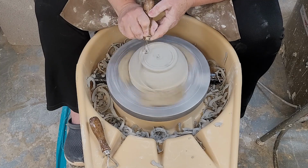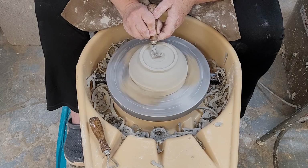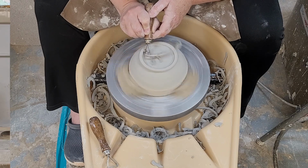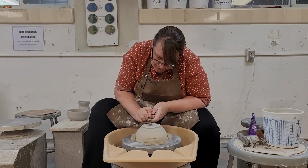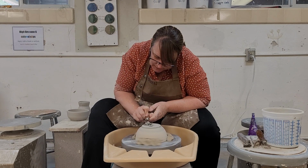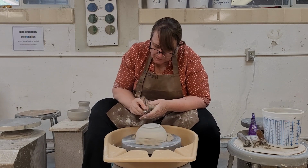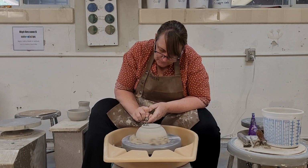So you see my foot's right here. I'm going to take out the center. Now I know that I have a little bit of thickness here to work with, so I can make a deep foot. One of the things to think about when you're cutting a foot is that a foot can be